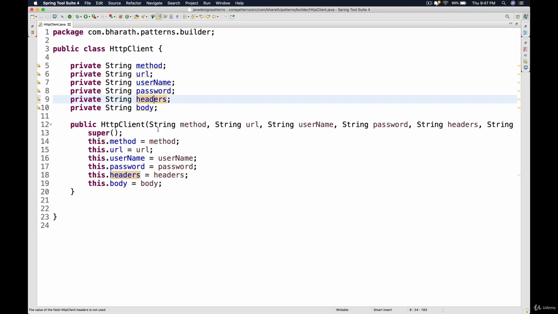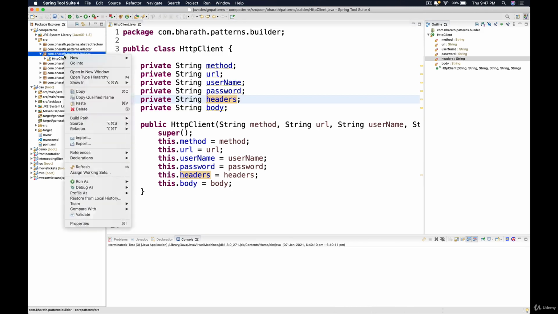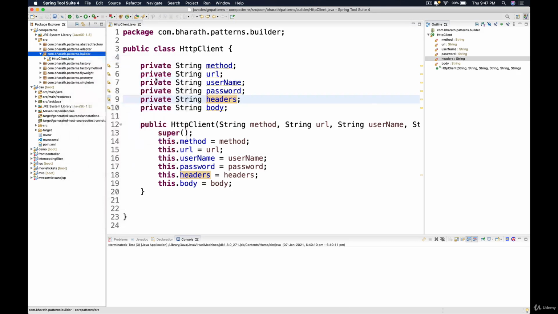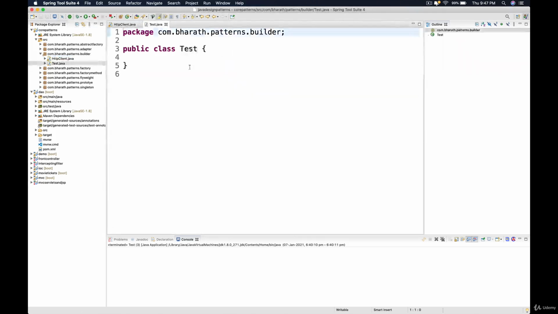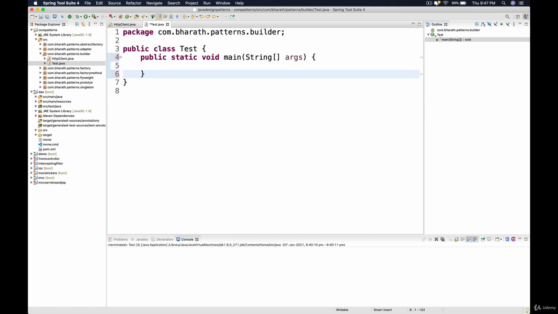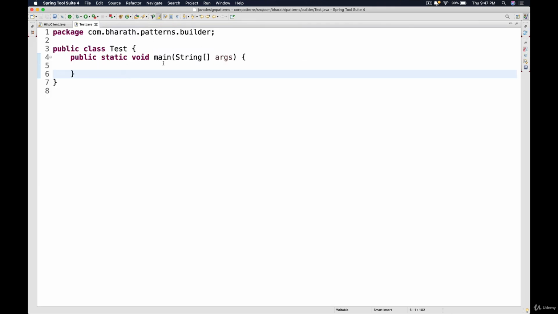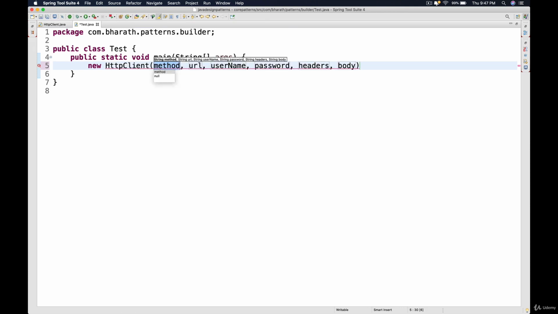Now to create an instance of this, we'll go to a new test class that we'll create. Right click on the package, new class, call it test, add a main method, format it, and within the test you will create a new HTTP client and pass in the HTTP method, which can be get, a URL, say